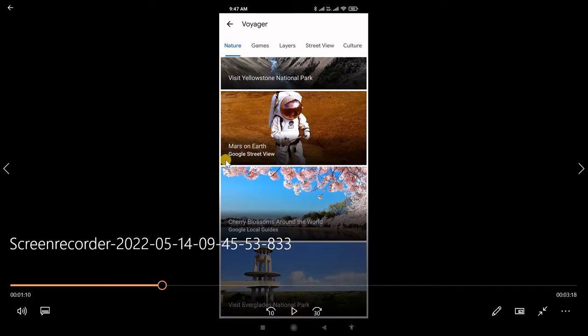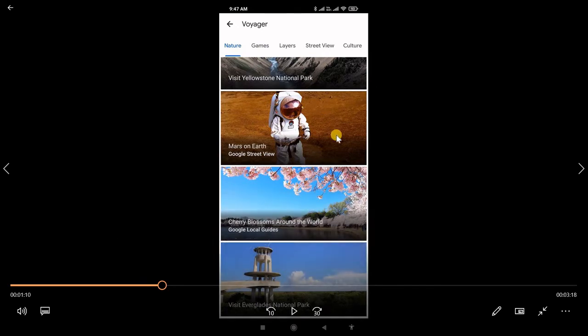Here, this is a very interesting location, Mars on Earth. It will take you to an island where the geography is similar to Mars, and people are camping there to experience and prepare for the